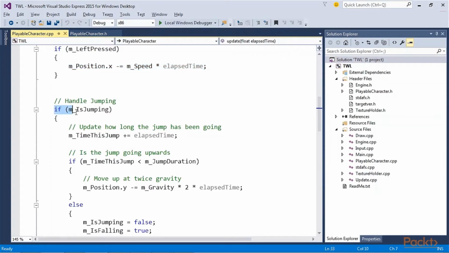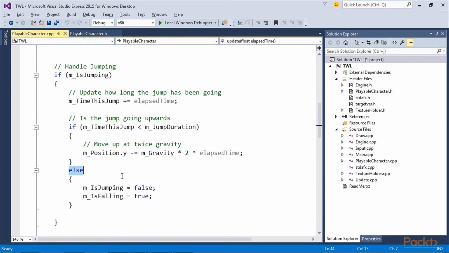Then we see whether or not the character is currently executing a jump. If this if statement is true, the code first updates m_TimeThisJump with elapsed time. Then it checks if m_TimeThisJump is still less than m_JumpDuration. If it is, change the y-coordinate of m_Position by twice gravity multiplied by the elapsed time.